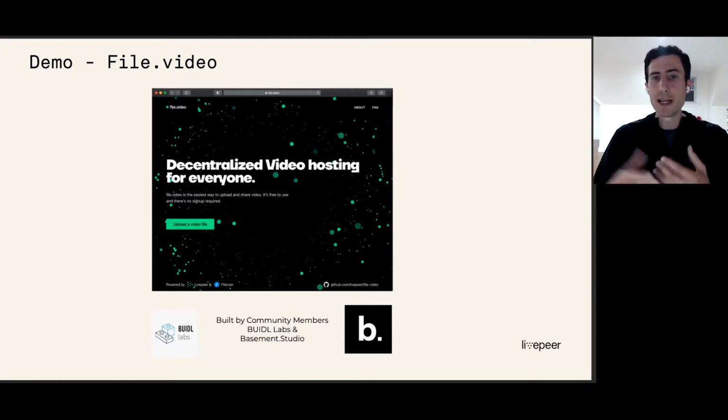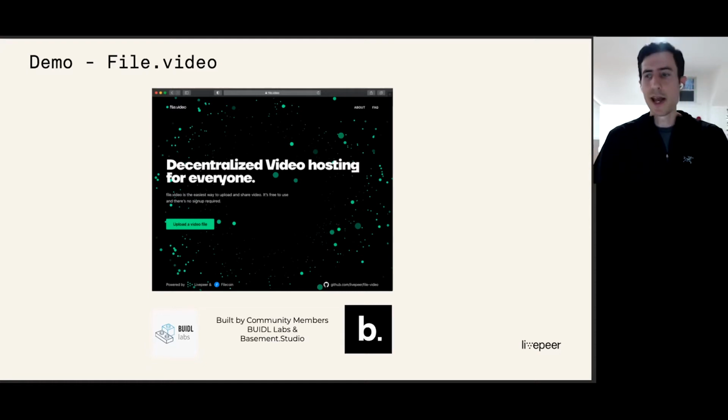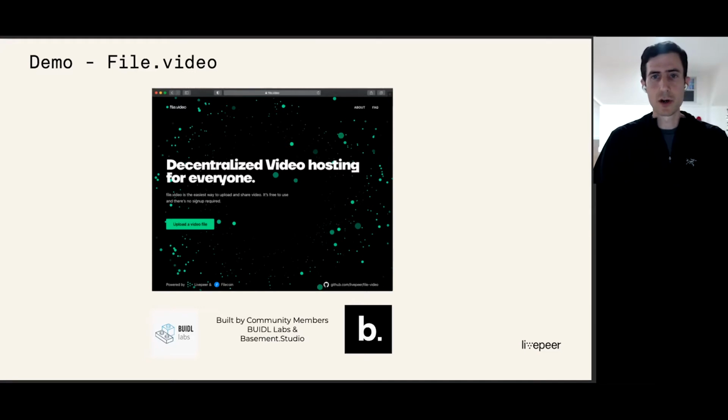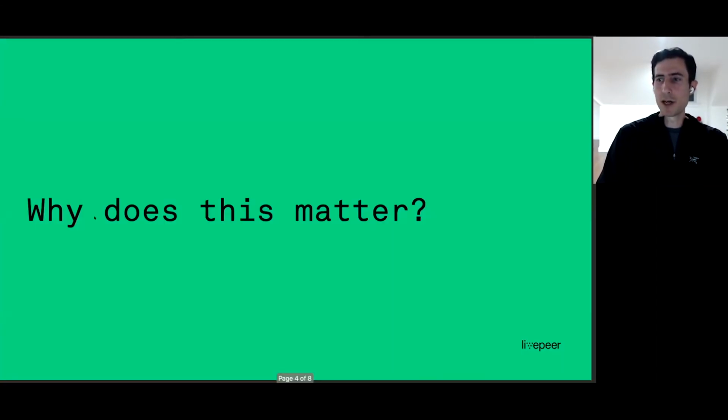It's growing to over 80% in the next couple of years. And now with Biddle Labs and Basement Studios coming together to do this, there's actually this newly emergent Web3 stack that enables not just live streaming, but video on demand applications. So I think that's really powerful, and I'm excited to see what sort of things are going to be built as a result. So excited about file.video and the Web3 video stack, but the important question is, why does this